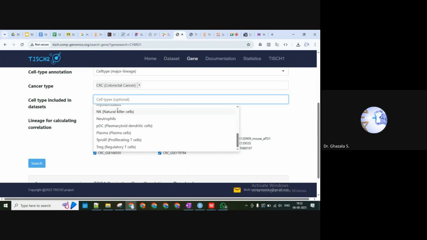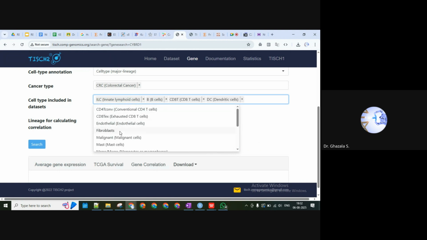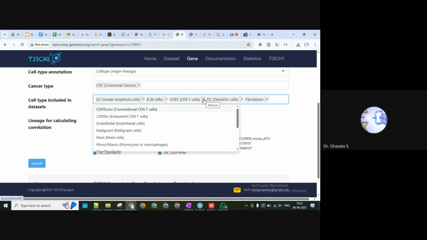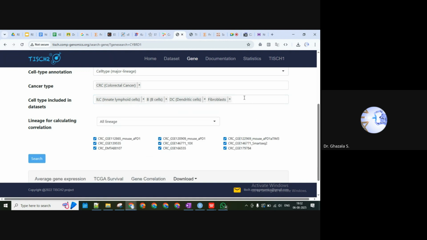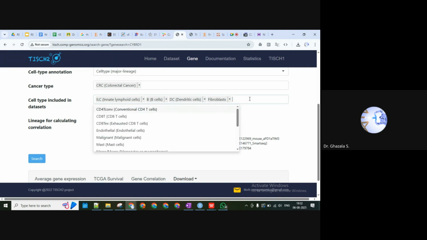Okay, but still we need to differentiate or exclude those cell types which are tumor suppressing, or even promoting cell types, depending on the objective of the study. That's totally up to us. We can also select multiple cell types. For example, we just saw that the CD8 T cell is working in suppressing cancer. But we are interested in promoting cancer, or which cells are supporting the progression. So we will try to remove that from the list. And if you are not selecting any, then it will consider whatever list is given.